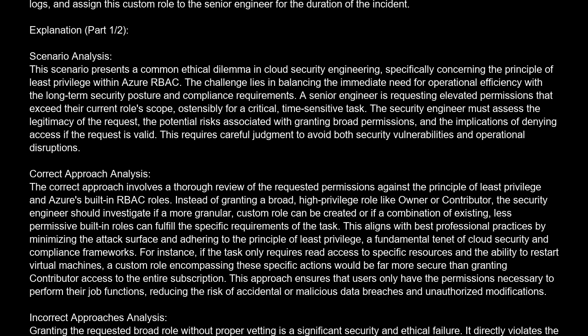Explanation. Scenario analysis. This scenario presents a common ethical dilemma in cloud security engineering, specifically concerning the principle of least privilege within Azure RBAC. The challenge lies in balancing the immediate need for operational efficiency with the long-term security posture and compliance requirements. A senior engineer is requesting elevated permissions that exceed their current role's scope, ostensibly for a critical,